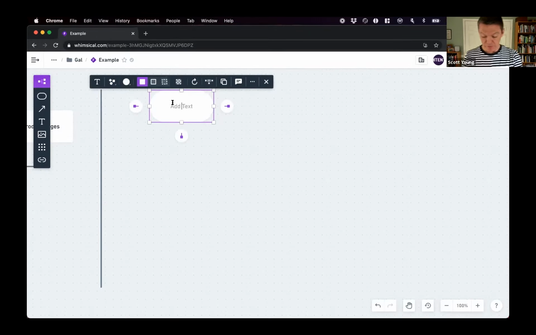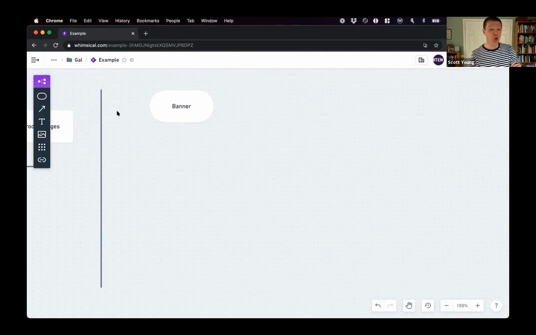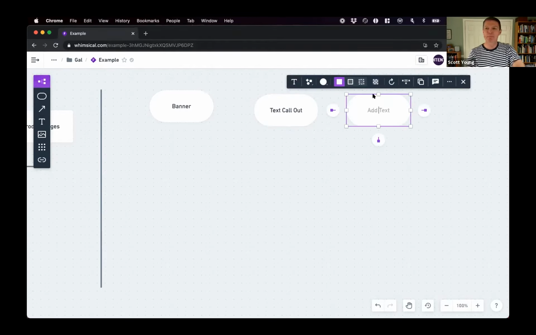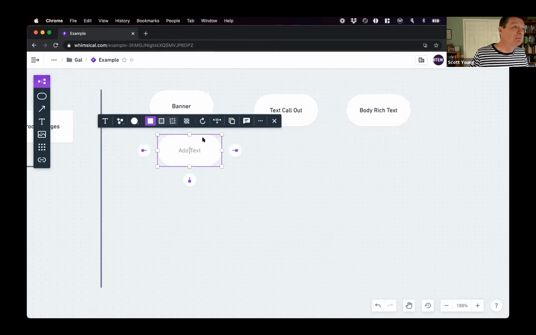Okay, so let's name a few of them. Yeah. At the top of the pages, we like to have a big banner. We like to have a big image that shows what's going on. We tend to have some call outs in the text. We've got the body text. We like to embed images and videos into the pages. What else do we have? Good question. What else do we have?